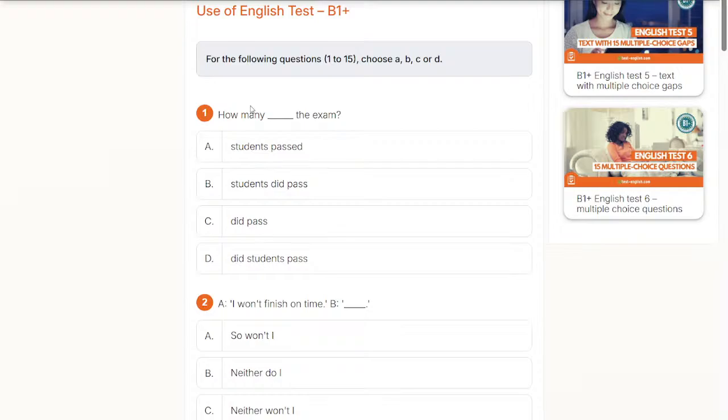This question is about word order, especially in questions. There is direct order and indirect. I need to remember.